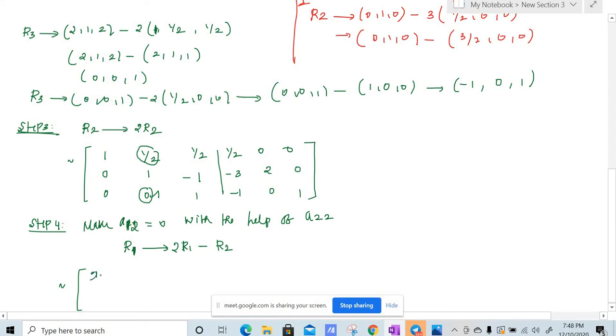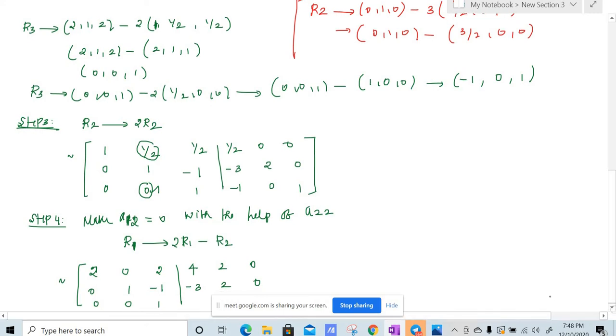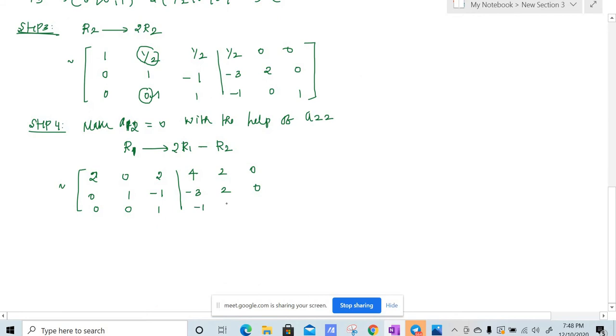So this matrix will be equivalent to, first row we are multiplying 2, so 2 minus 0, so it will be 2, and this will be 2 by 2, which is 1, 1 minus 1 is 0, and we are multiplying 2 here, that means it will be 1, 1 minus of minus 1, so 1 plus 1, it will be 2, again multiply 2, so it will be 1, and subtract with this, so 1 minus of minus 3, so 1 plus 3 will be 4, multiply 2, so 0 minus 2, and this will be 0 minus 0. Now R2 and R3 will remain as it is, so 0 1 minus 1, minus 3 2 0, 0 0 1 and minus 1 0 1.